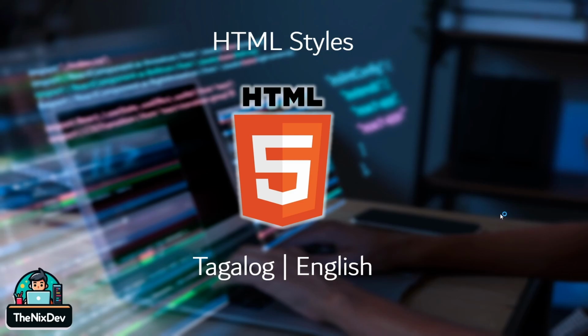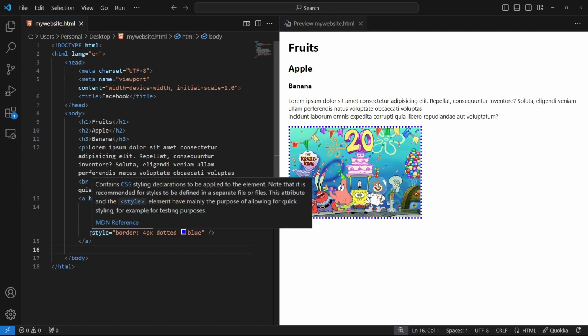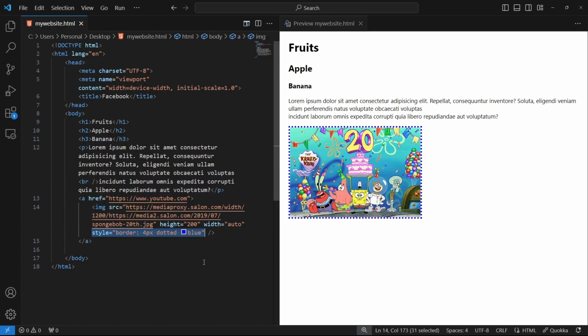So, this time we'll be talking about HTML styles, and we'll just use the previous code that we had on our previous video. So, let's just open up our VS Code. Yep, we already talked about style, and then we added it to our image.